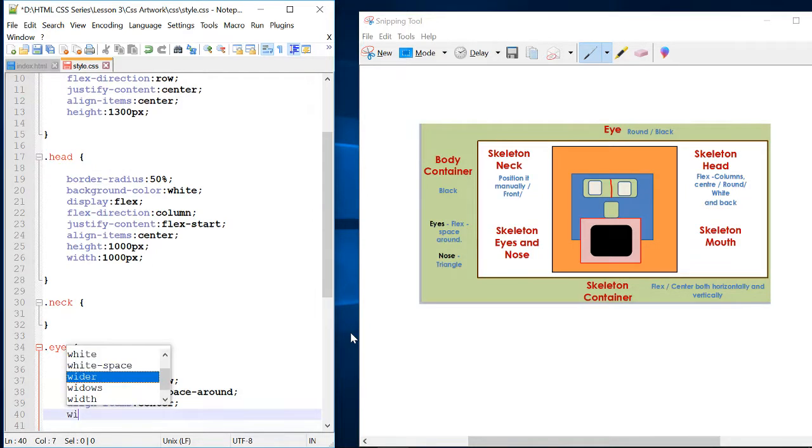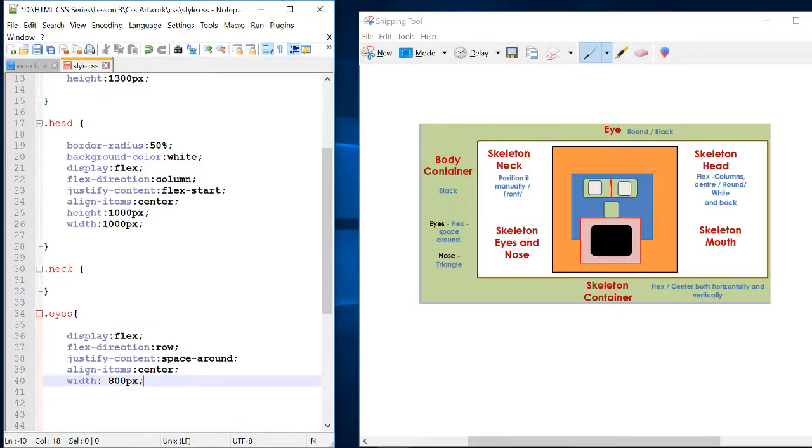Now I'm going to give it a width. Now in this layout, it's not the same. The layout that I've drawn is a bit smaller than the head, so I'm going to give it a width of 800. Again, I'm just kind of adding them in. There's no logic to why I'm using them. If it doesn't look good, I will be changing them later on. Okay, so